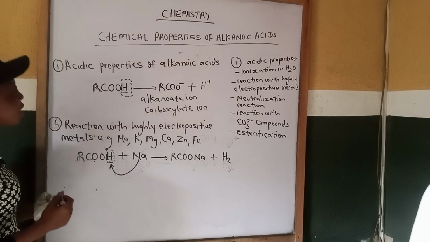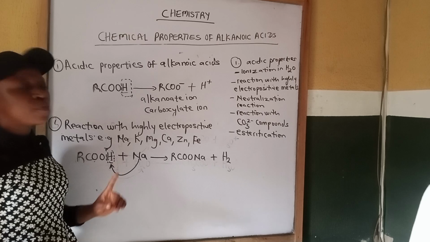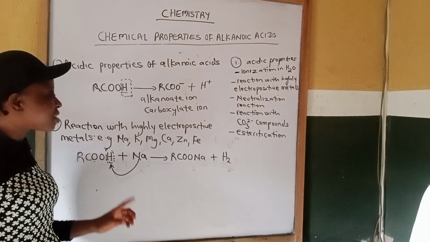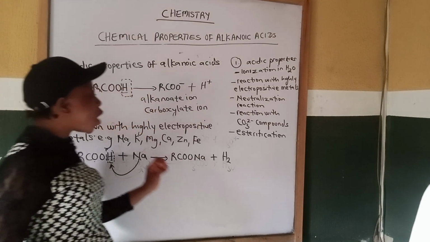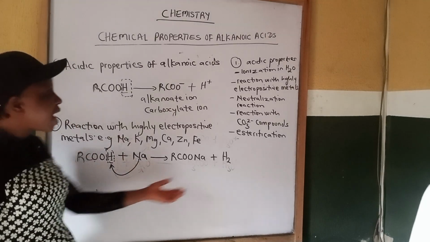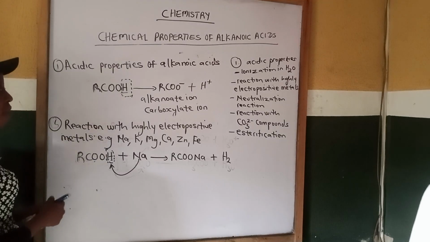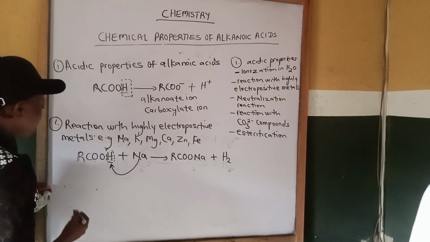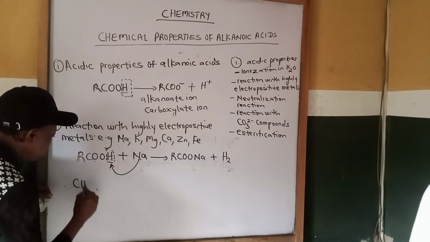So it shows that when an acid reacts with any metal, there will be liberation of hydrogen gas, a colorless and odorless gas, which gives a pop sound with a lighted splint. That gas is hydrogen gas. So let's use a named alkanoic acid. Let's use ethanoic acid, which is